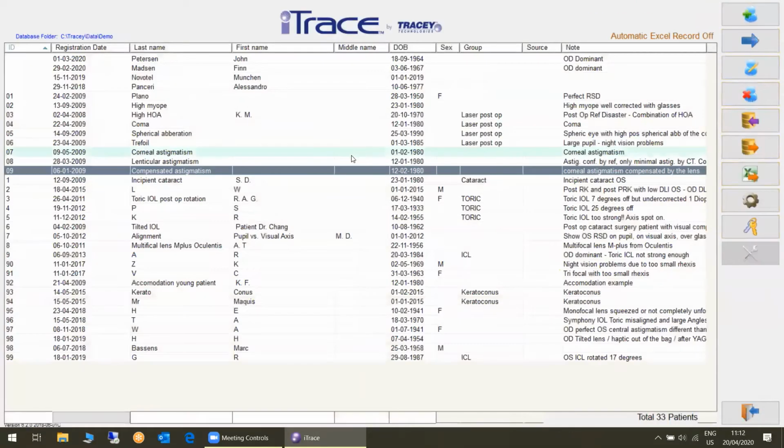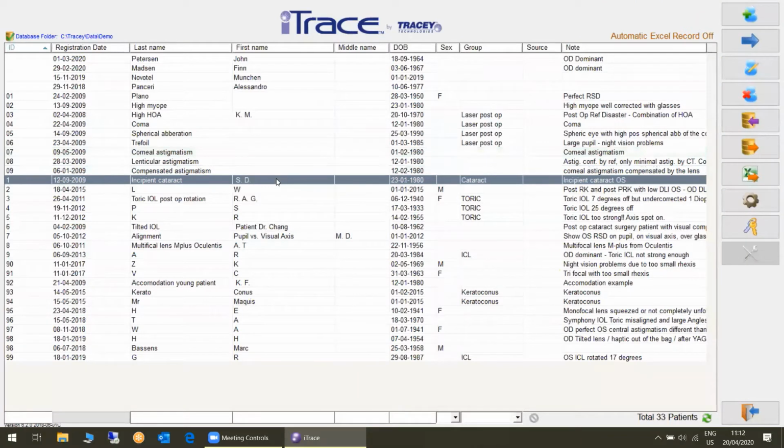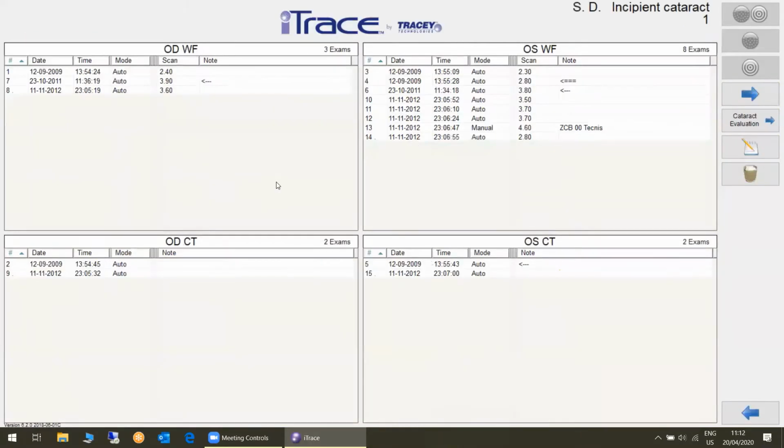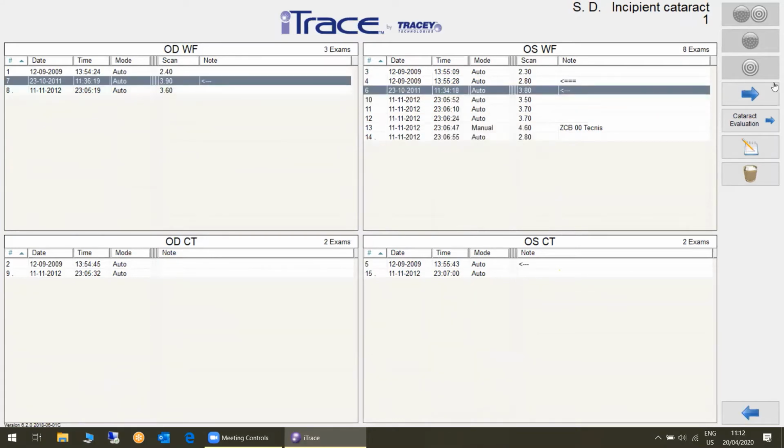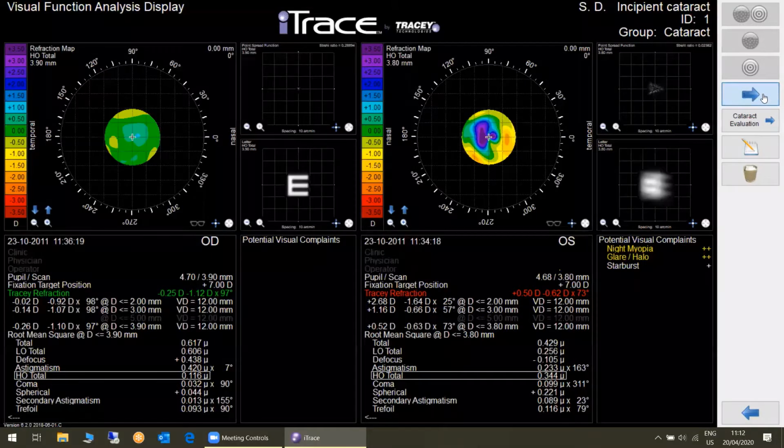So this was the first part where I tried to explain where to look and how you can understand the iTrace. Now I'm going to show you how you're going to use it. And as you know, I'm not a doctor. I don't have patients, but my patients are doctors. And this was a doctor who came to me,